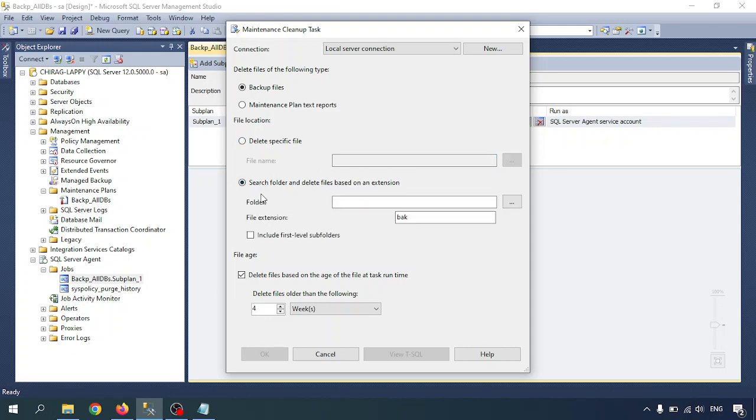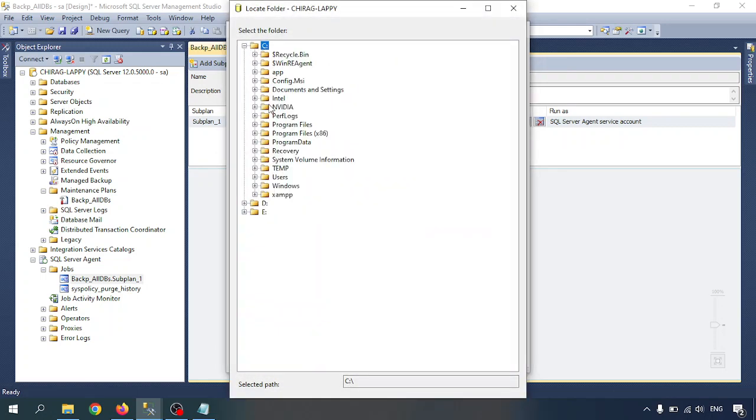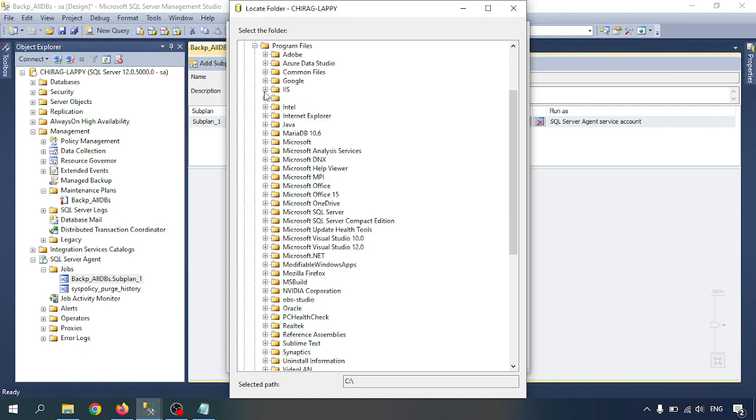So go to the next option. There is search folder and delete file based on your extension. It means that if we have the extension .bak, all the .bak extension files will be deleted from the particular folder. So just select the folder, go to Chitrag, and as per your backup path, so the C program file, SQL